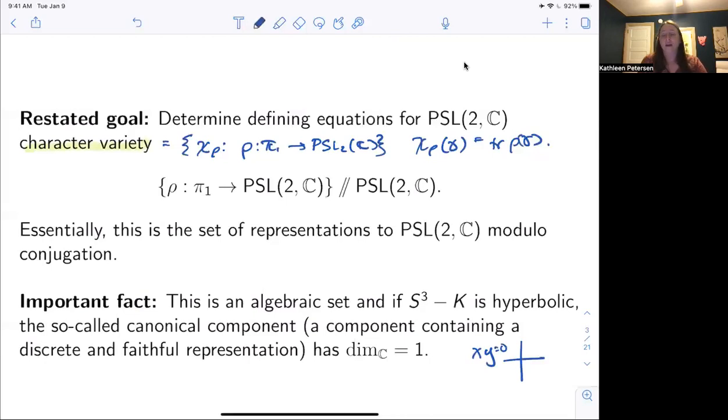This is a polynomial that can be written down as a product. X equals 0 is one axis and y equals 0 is the other axis. So when I say character variety, this might not be a variety, might not be irreducible in the algebraic geometric sense, but there is a favored irreducible component, a canonical component,